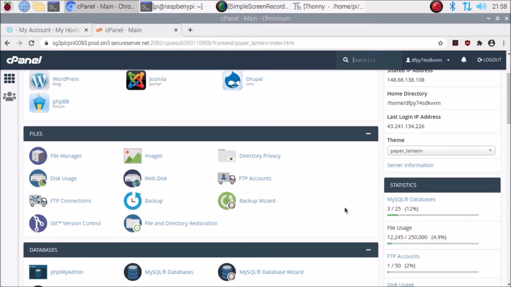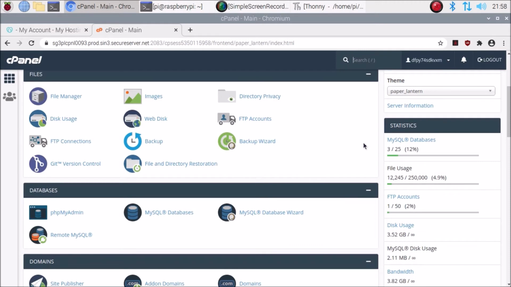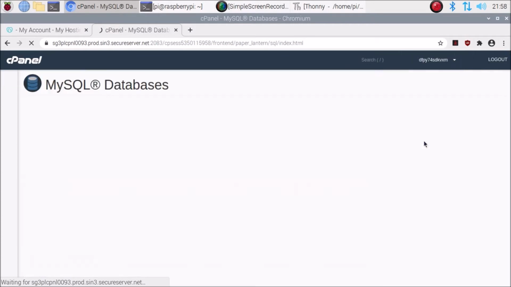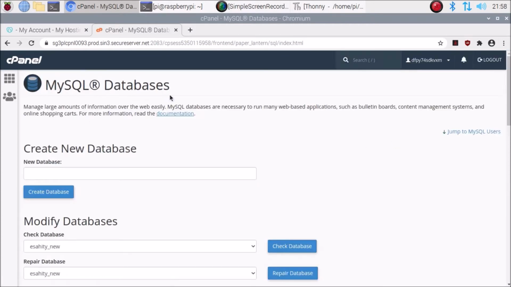Simply scroll down, and as you can see here in Statistics, in Statistics we need to click on MySQL Databases. This is the link, MySQL Databases. Simply click on it and it will open the MySQL Databases page. Here we need to create a new database. Also we are going to create a new user for that particular database to allow access to the database from our localhost. First we need to create the database.